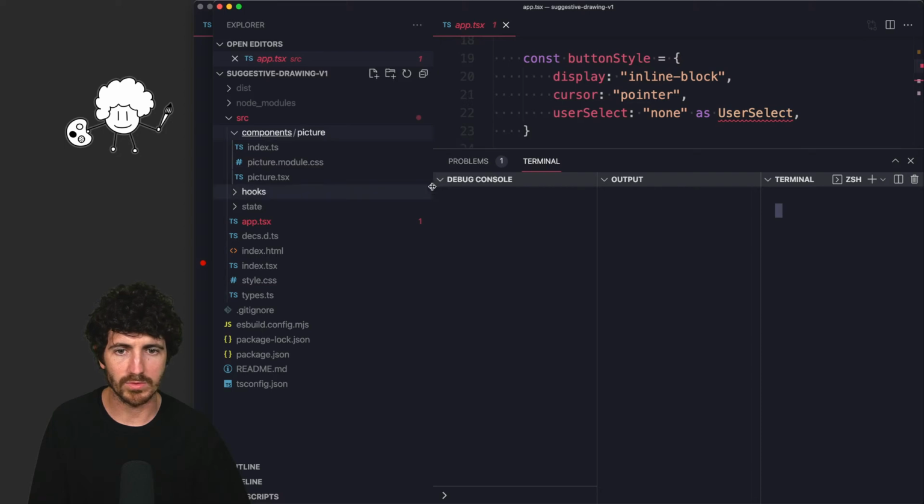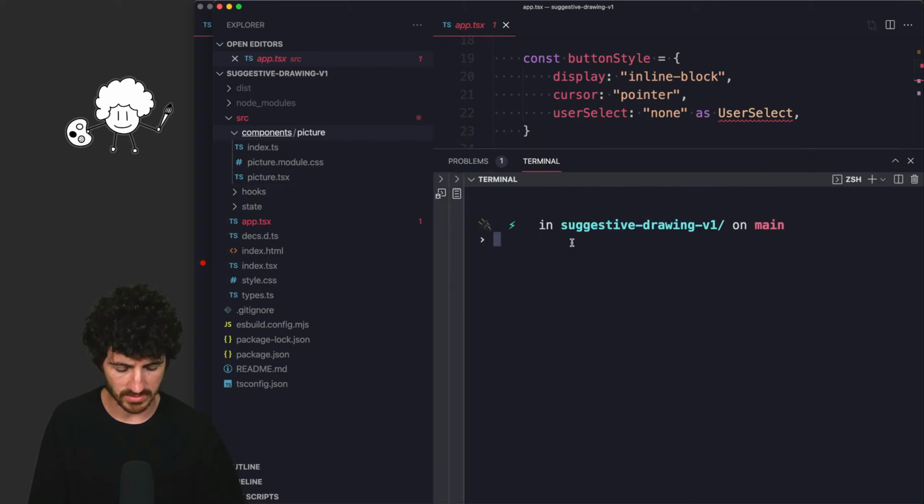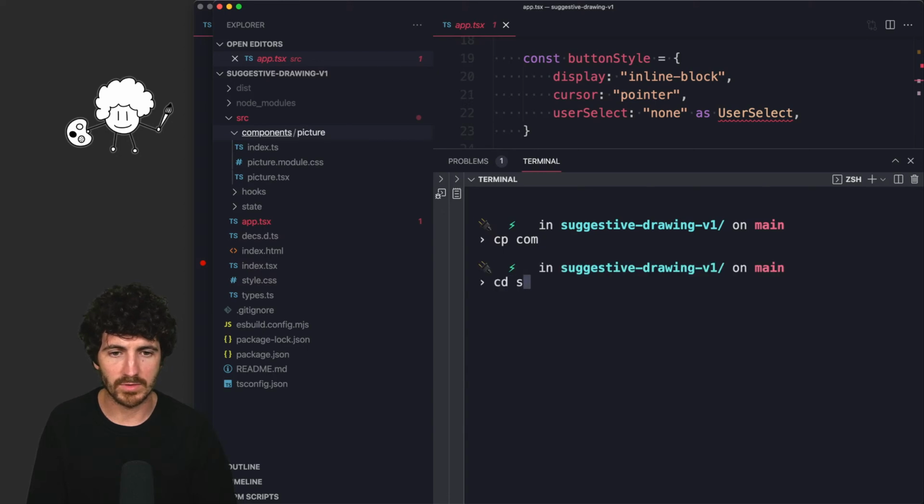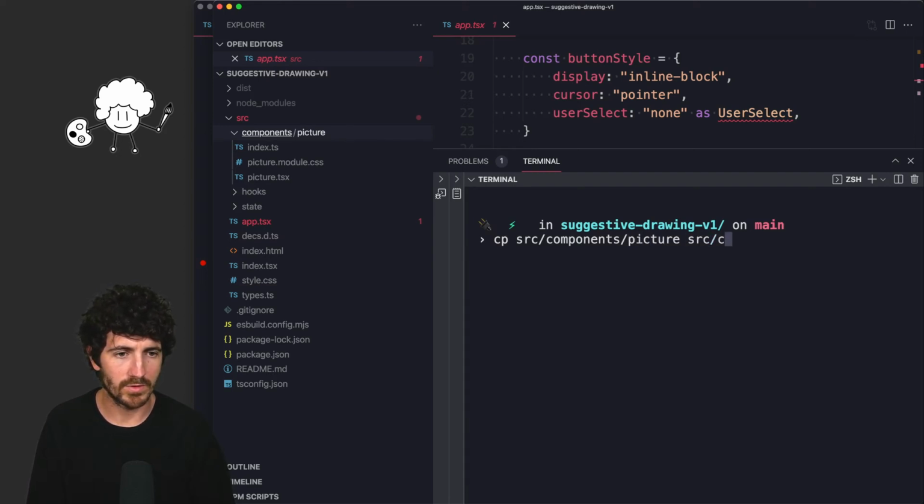I'll just clone the picture component so we have the same structure. So let's copy source components picture into source components, and we're going to call it